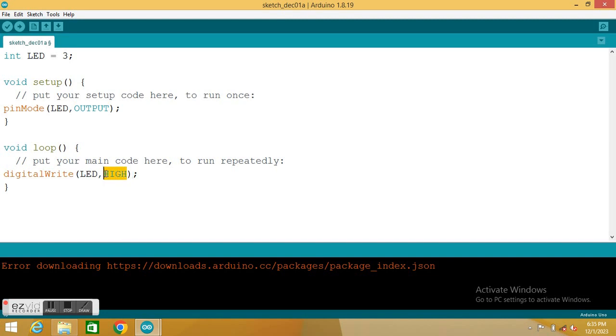Now I've told it to go high or go on, so it will write on, write your command and go by it. But we have some devices like push buttons that input signals, so there we shall say read. It's going to read the signal that you input into it